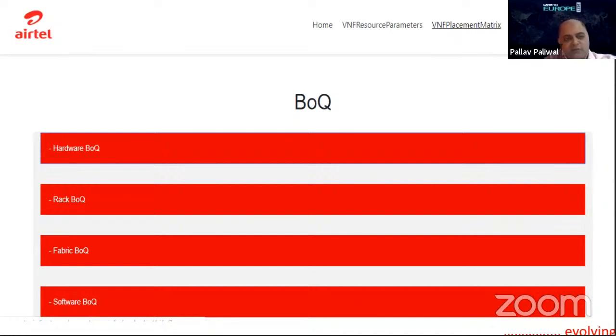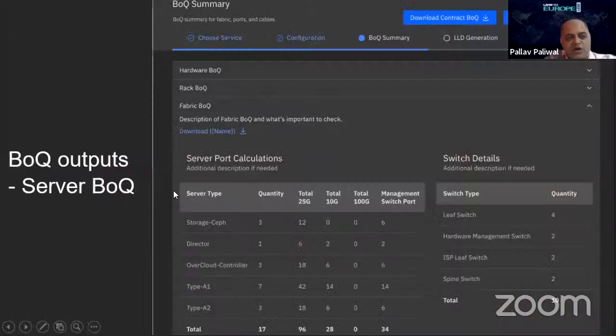You can see the hardware BOQs, the rack BOQs, the fabric BOQs, and the software BOQs getting generated. Now you have to click into these individual rows, and you will be able to see the outputs. You can see the hardware BOQs here, how the server port calculations and the switch details are getting generated. We have already given the dimensioning from the VNF, and now we are able to derive